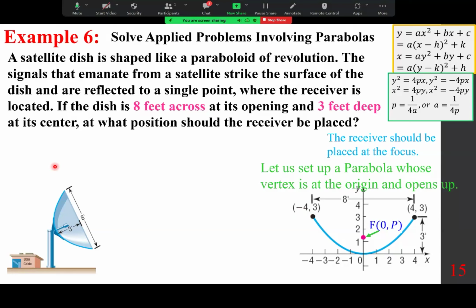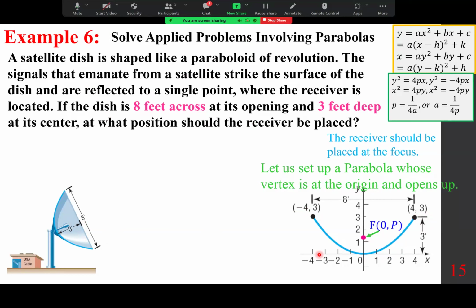So I hope you realize from here and the given information, this point has coordinates -4, 3. This point has coordinates 4, 3. This is the vertex at 0, 0. And this is the focus with coordinates 0, P, which is missing. So the bottom line is we are looking to find P, and this is where we are going to put it, because